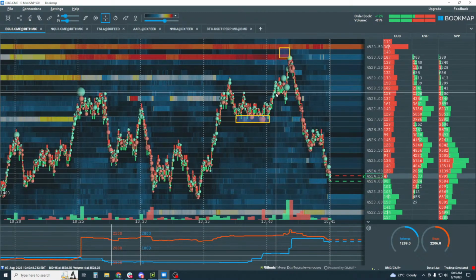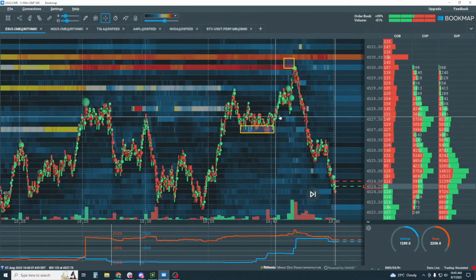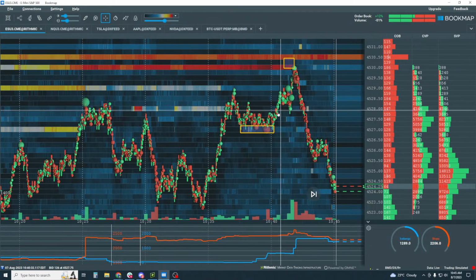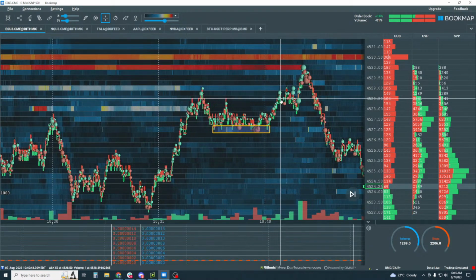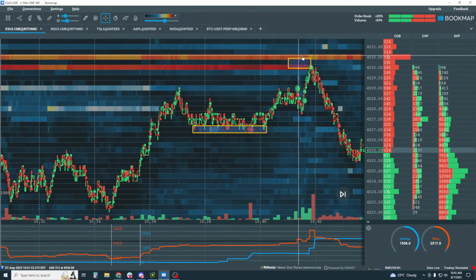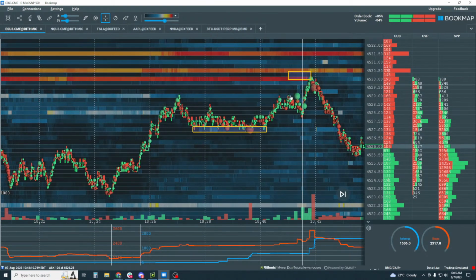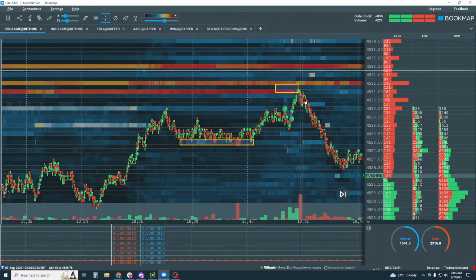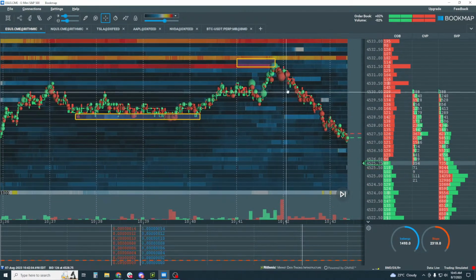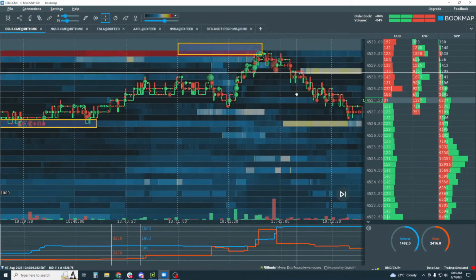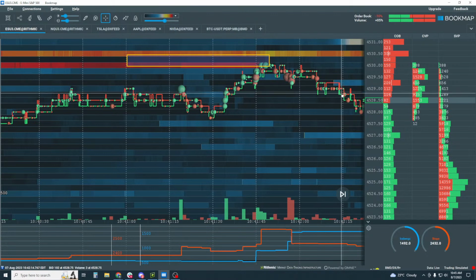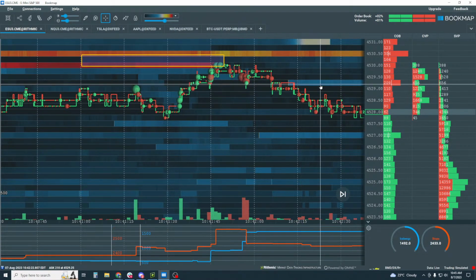All right, so yeah, I think it's going to be a day kind of like this here. We had our fuel here. We had the buyers come in, and we were looking for the move back up into here. I still thought the buyers had enough fuel here for a move up into these areas in here, and it didn't. It turned around, and we found some sellers come in here. And again, we can see the order book in here. There's high liquidity coming in here.